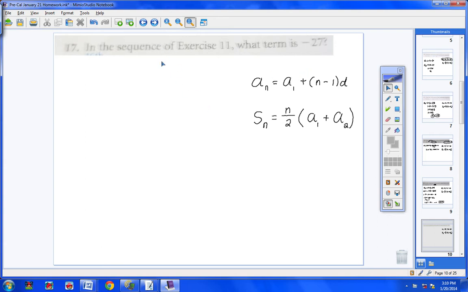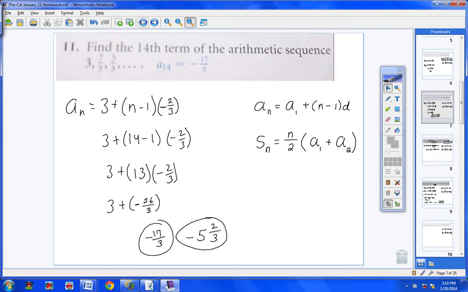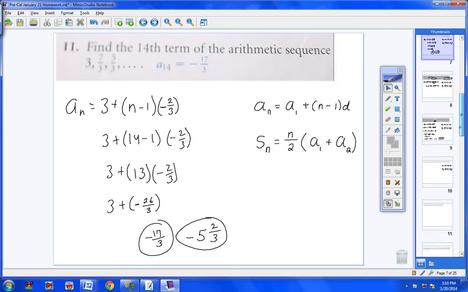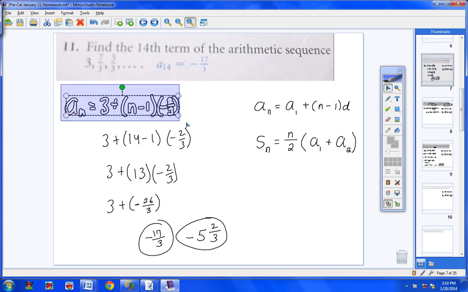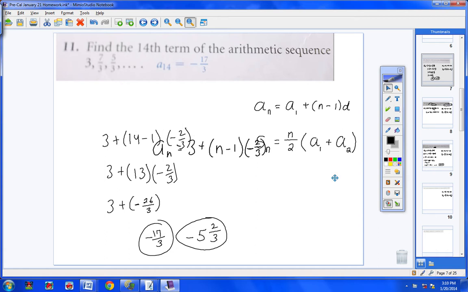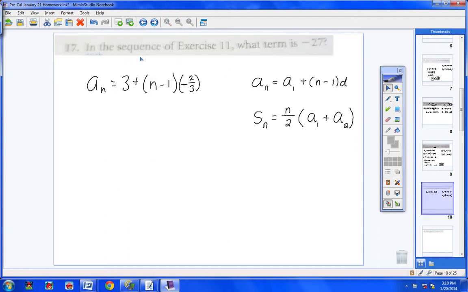So let's go back to number 11 real quick. We have our nth term, do we not? Here it is right here. And so let's kind of scroll down. Here's our nth term already. We already know the nth term for number 11. So let's take that nth term and let's drag it right over here. So in exercise 11, here's your nth term. What term is -27? So again, for a subscript n, we're going to put -27 equals 3 plus,